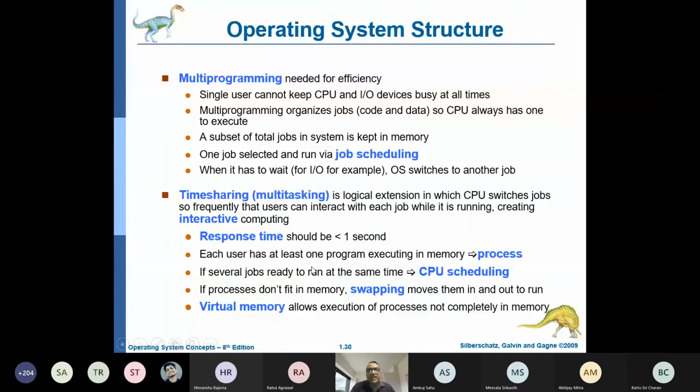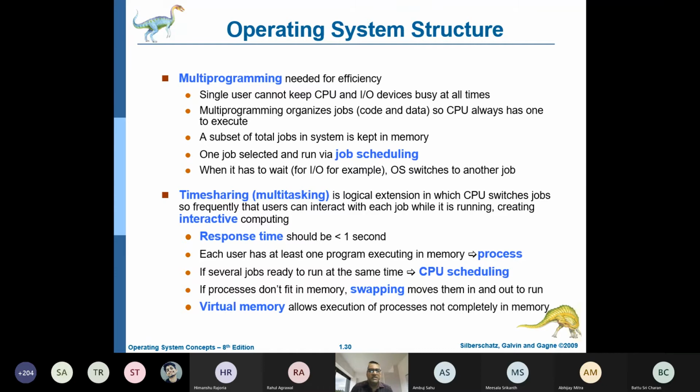All these things will be taken care of by the operating system. And in this context of swapping, the secondary memory is also required, because I'm just introducing a new term, virtual memory. The CPU doesn't know about the secondary memory. The CPU has access to only main memory. If the content is not there in the main memory, then it's the job of the operating system to bring the content into the main memory, right?